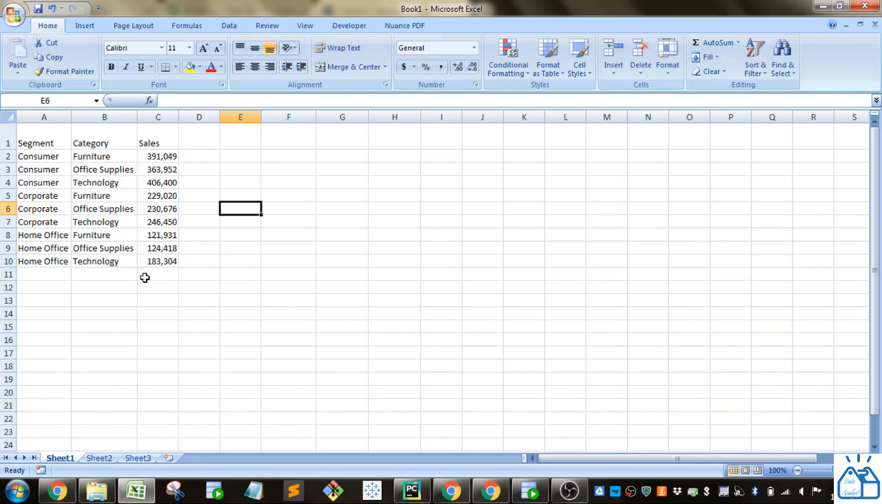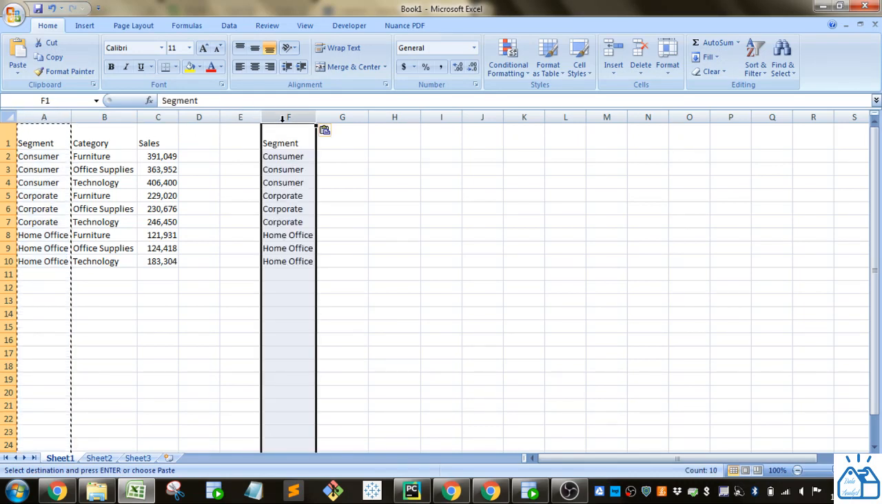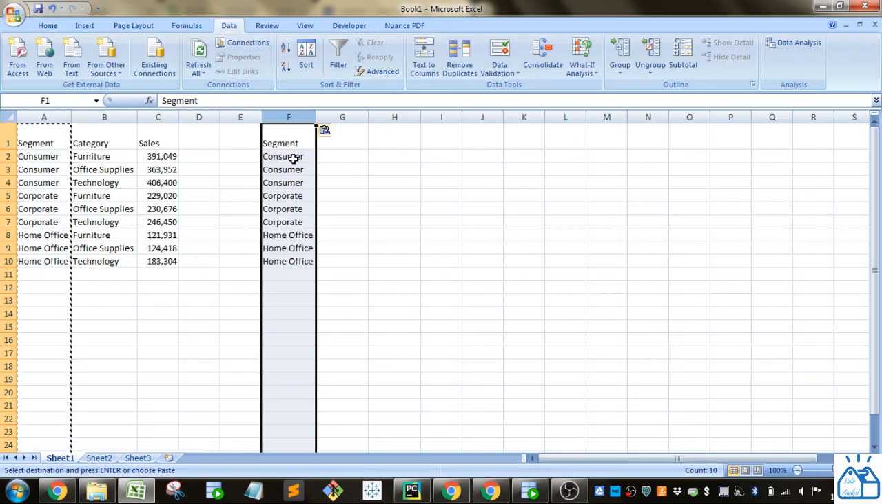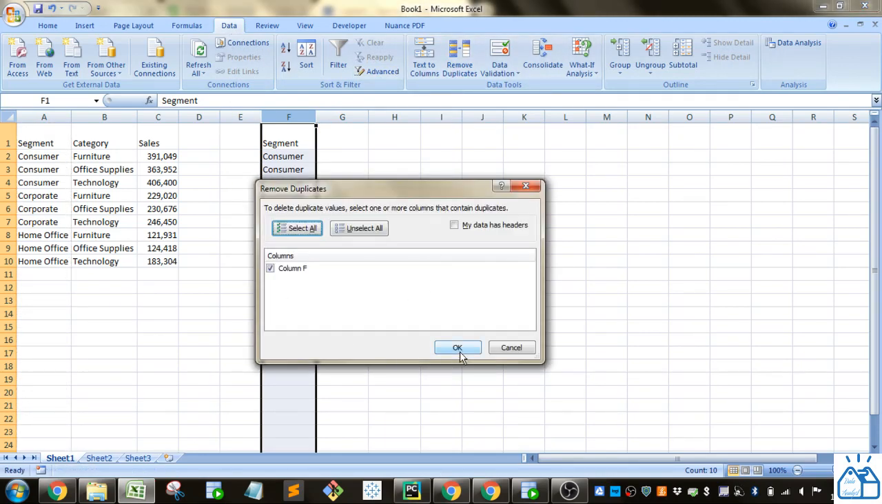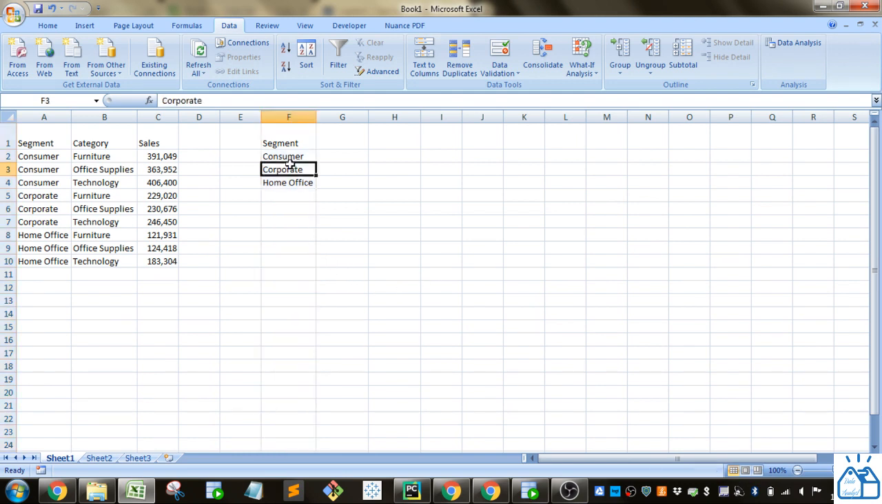Either you can create a pivot table and then copy and paste it into a table, but I'm going to do something that's going to be a little bit more dynamic. So what I want to do is just delete this data and then paste in new data and have the table update automatically. So first thing I'm going to do is copy this, and in the new table I'm going to create this, and then I'm going to just get the unique values. I go into Data, Remove Duplicates, and there we have just consumer, corporate, and home office, which are the unique